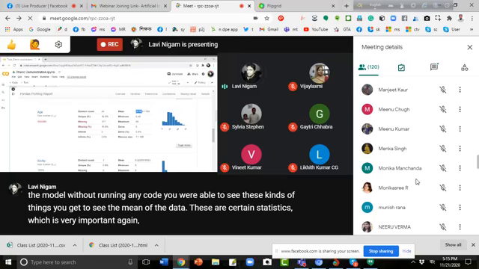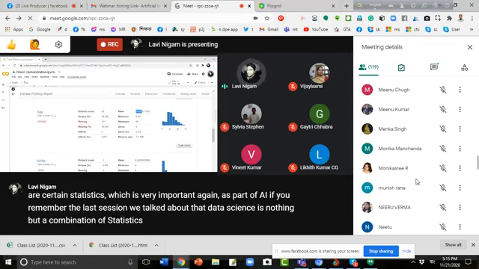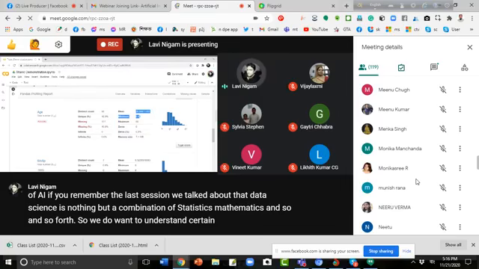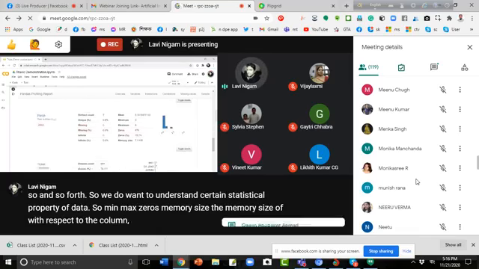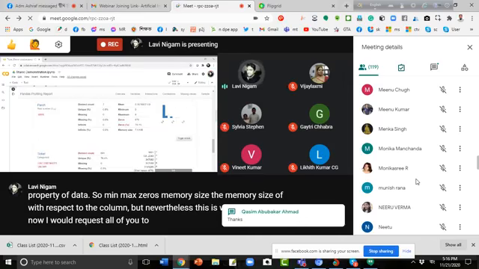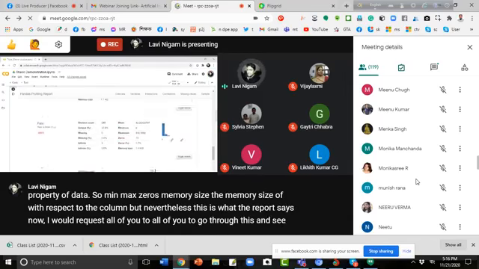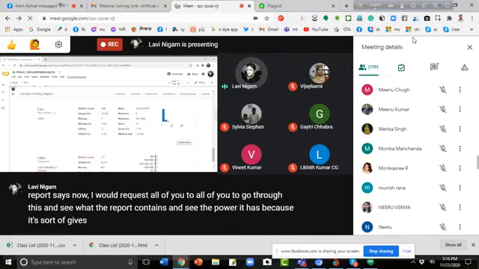Again, as part of AI, if you remember the last session, we talked about how data science is nothing but a combination of statistics, mathematics, and so on and so forth. So we do want to understand certain statistical properties of the data. So max, zeros, memory size we will just skip over. But nevertheless, this is what the report says. Now, I would request all of you to go through this and see what the report contains and the power it has, because it gives you so much information with just a simple